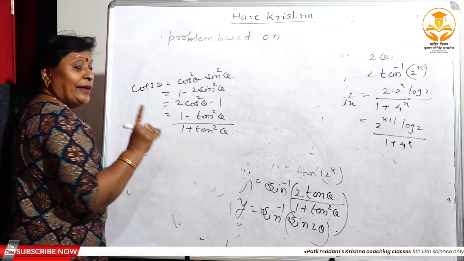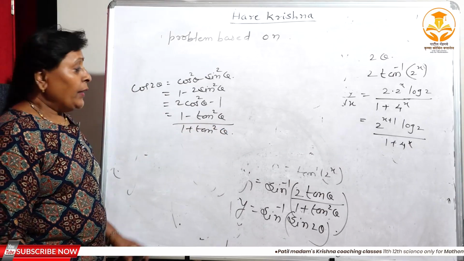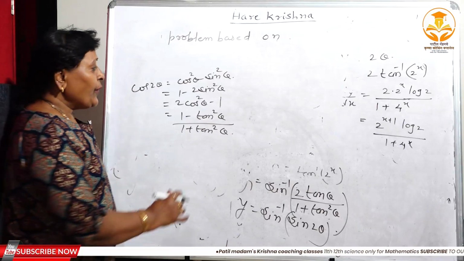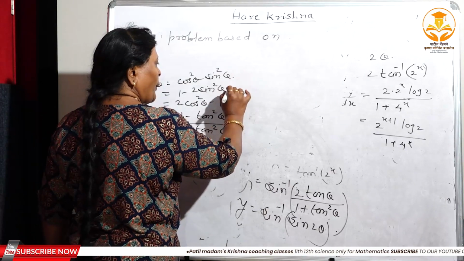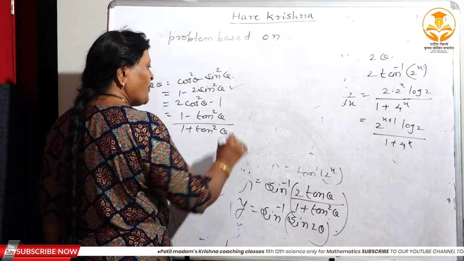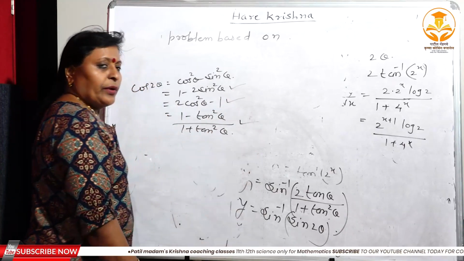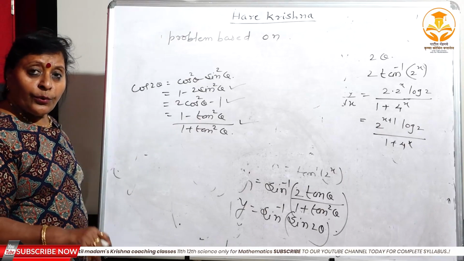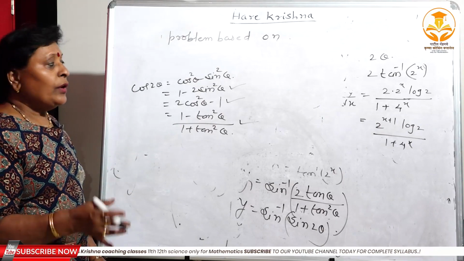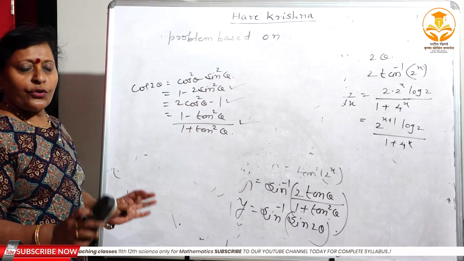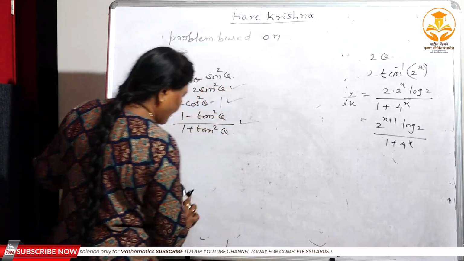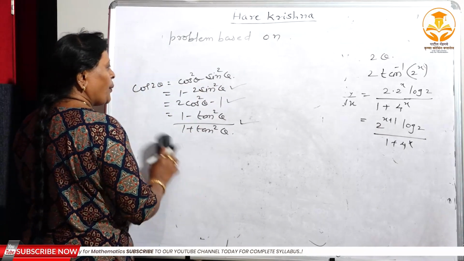Right? How many formulas does sin 2 theta have? 2. And how many formulas of cos 2 theta? There are 4. But we have to take the problem, not just the formula. You have to take the problem on this formula, and on this formula. On the basis of this formula, we have to do the problem on what here? Inverse trigonometric function. Right? So, continuing the inverse trigonometric function, I am going to take the problem on this